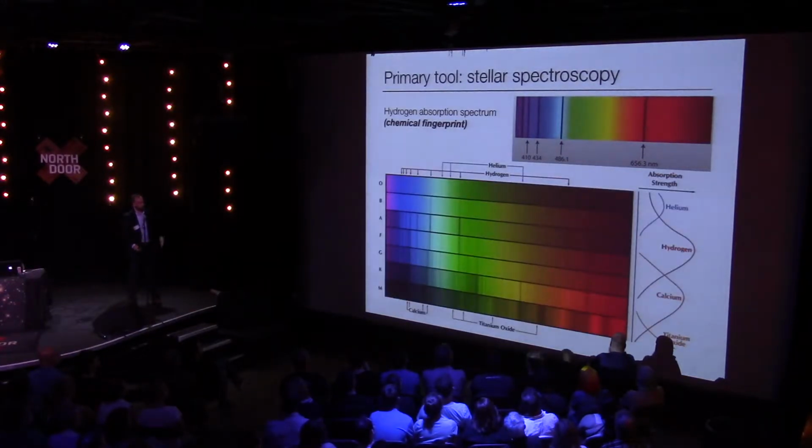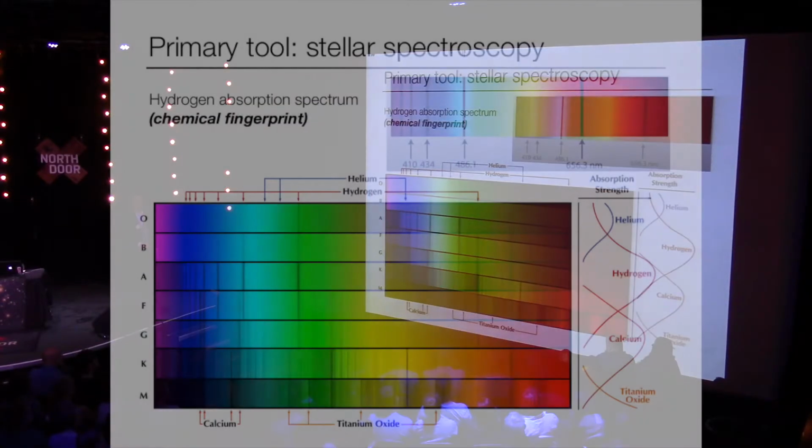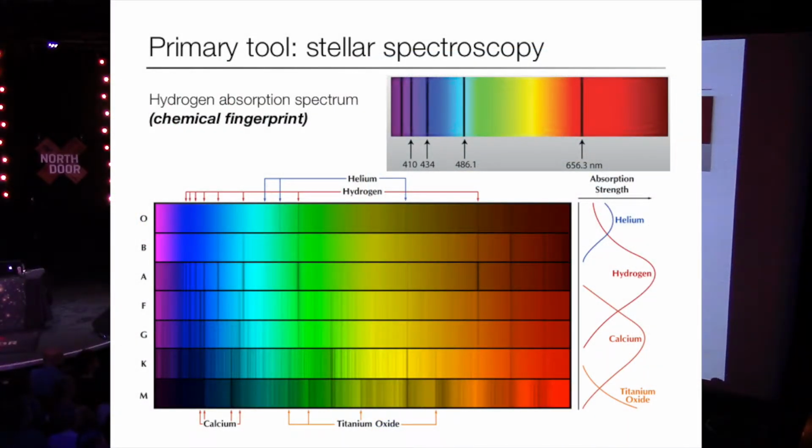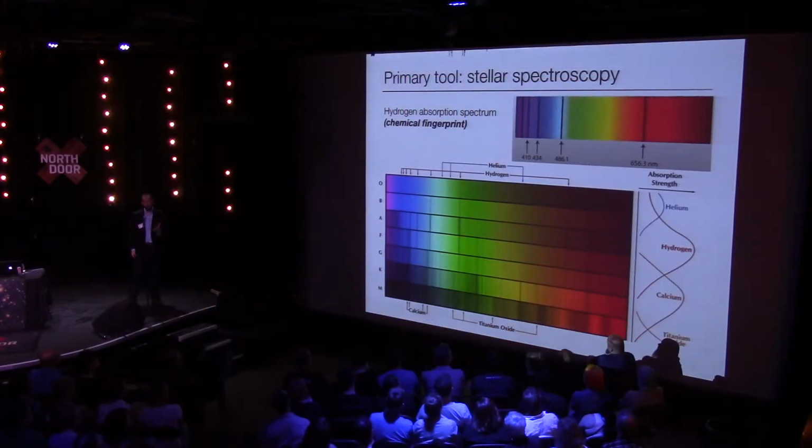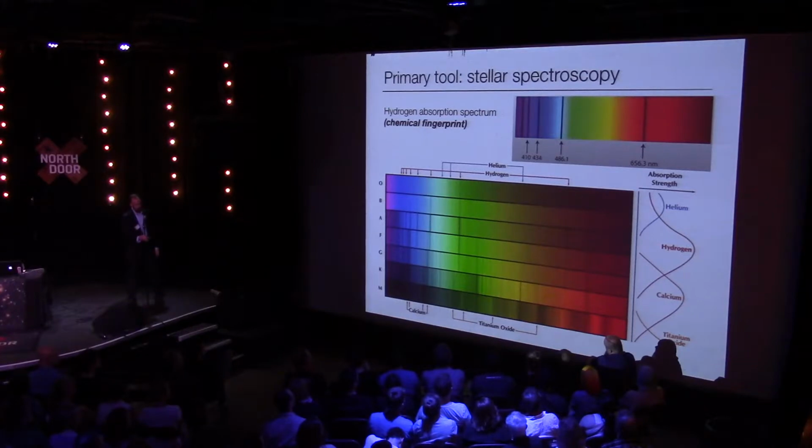Okay? And if you look at lots of other stars, these are actually real stellar spectra. You can find a variety of stars, and they have different kinds of absorption spectra. The main point here is all of these elements have different chemical fingerprints, and by understanding those fingerprints, we can understand the properties of stars, the elements that are in those stars. How much of that star is made up of hydrogen? How much is in helium? How much is in calcium, maybe?